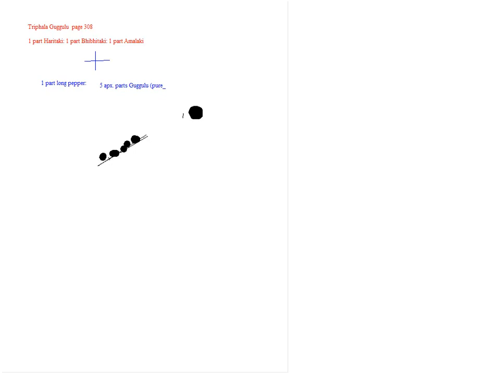So you find it in India. It's called long pepper, and it's part of an herb called Trikatu, which is excellent for reducing ama and also excellent for kapha weight loss and kapha issues. So when you take Triphala Gugulu, which is one of the best herbs for cholesterol and reducing weight and reducing kapha, this formulation is you have your Triphala, 1 part long pepper, and then you have 5 parts of Gugulu,